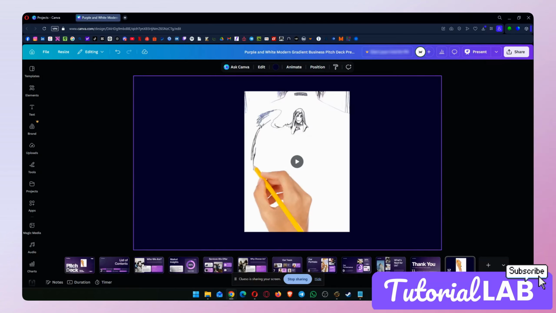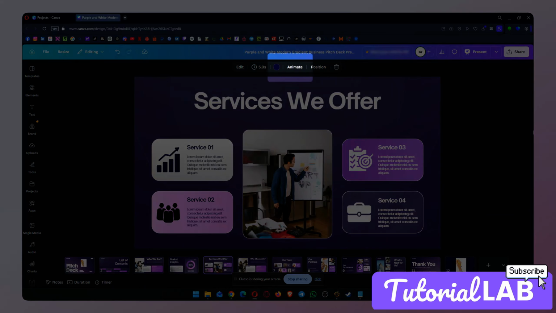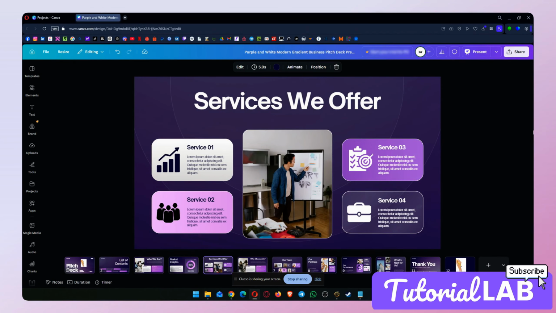Hi everyone. In today's tutorial, we will show how to download a Canva presentation with animations. If we want to keep our transitions and effects when sharing or presenting, we will go through the best export options. For example, if we have an animation here or transition animations in our presentation, to download this, all we